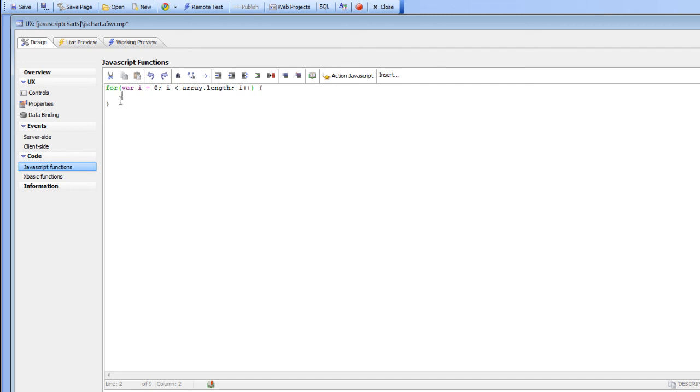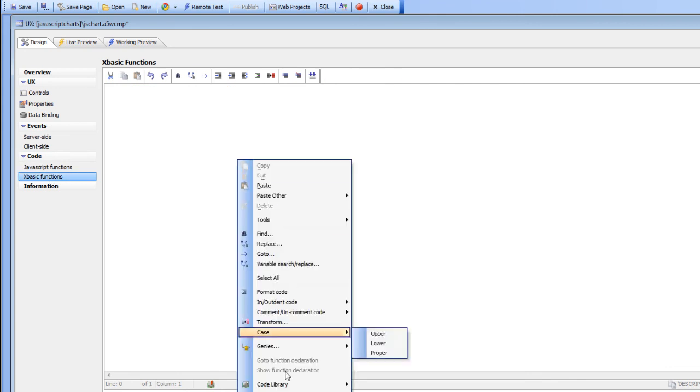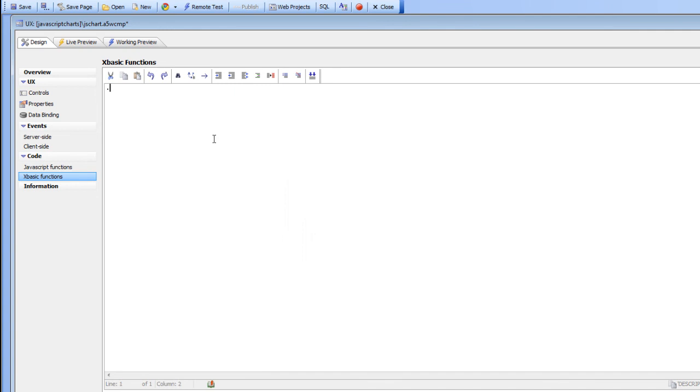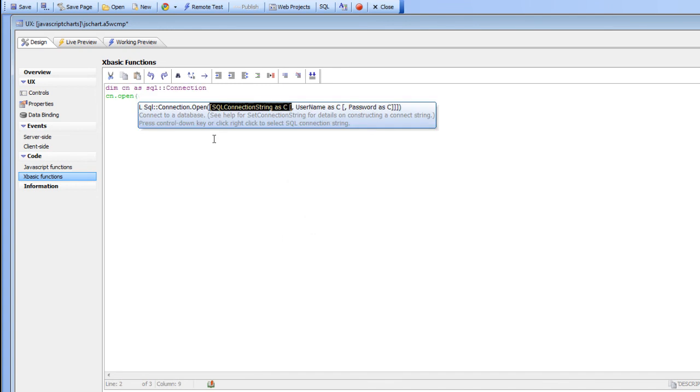So the glossary is available in both JavaScript editors, so in all JavaScript editors throughout Alpha Anywhere, and also in XBasic editors. So if I go now to XBasic, you can see here we basically have a glossary, but the terms available now in this glossary are different because I'm no longer in a JavaScript context, I'm in an XBasic context. So for example, when writing XBasic code, I often need to basically get a connection to a SQL database. So I've got a shortcut here called .cn, which automatically writes out for me dim cn as SQL : connection,